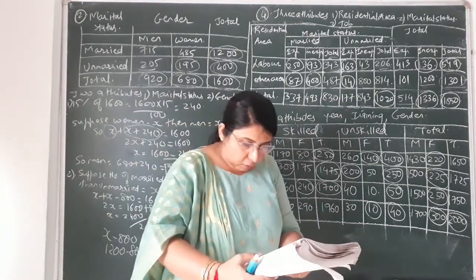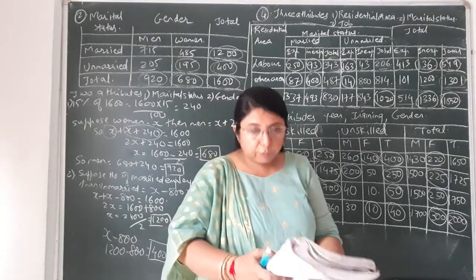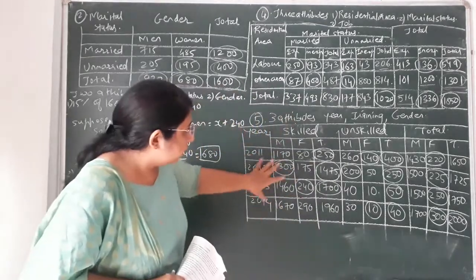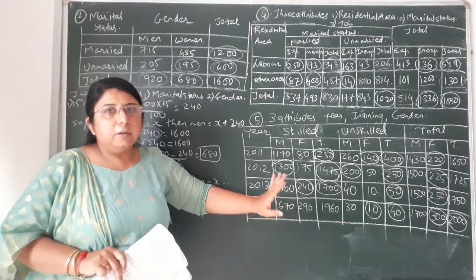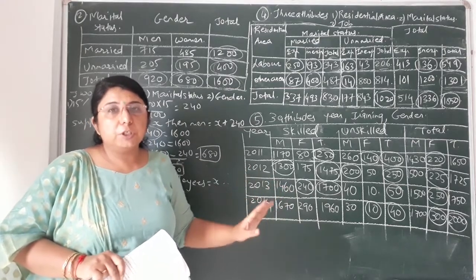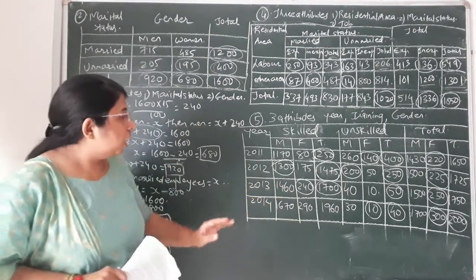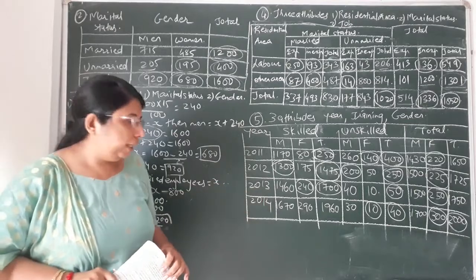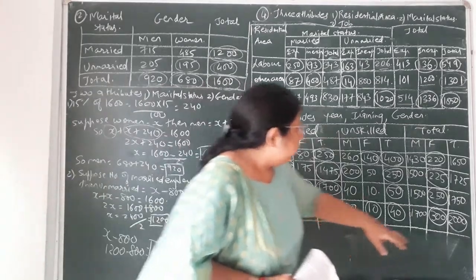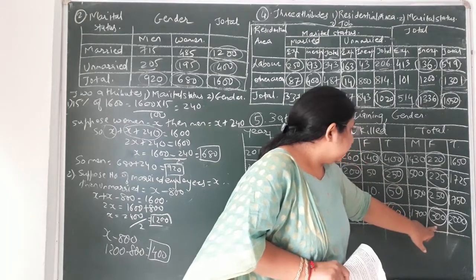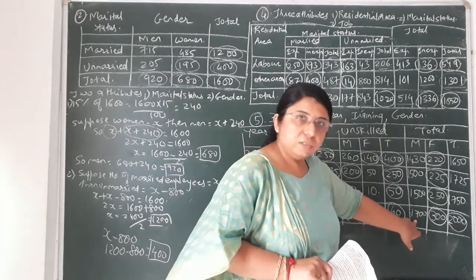Okay. Now present the above data in the form of a table. So this much data, whichever I have circled over here, that much data I have placed from the question that has been given to you in the textbook. Okay. Now the remaining data that we have to find out. First of all, over here you can see 2000 minus 300. So here you will get the value, that is 1700.